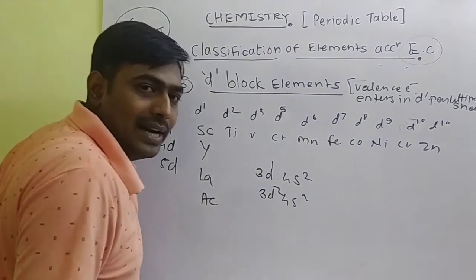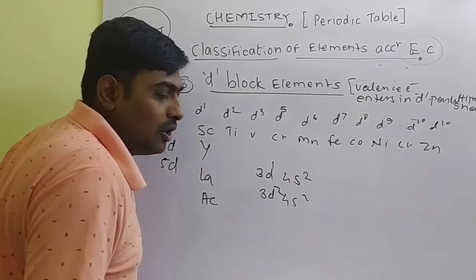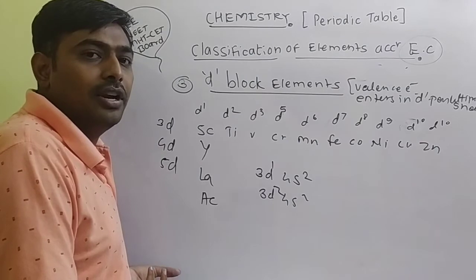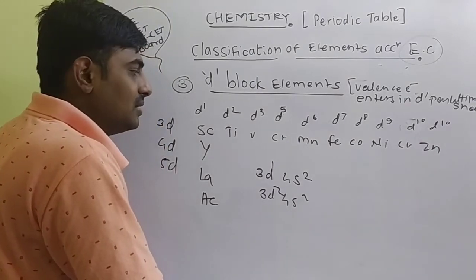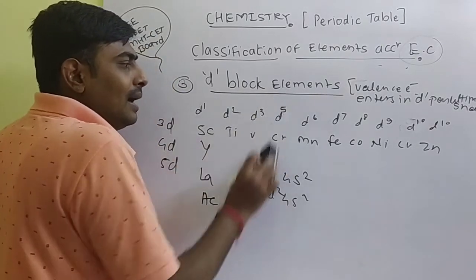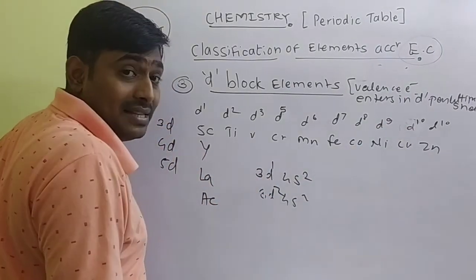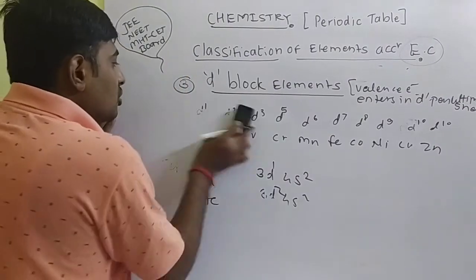If you have any doubt regarding the electronic configuration, you can go through the video for electronic configuration that is already uploaded in atomic structure, and that is also already uploaded in foundation sessions. So this is your general electronic configuration for D block elements, while chromium and the respective elements and copper and the respective elements show exceptional electronic configuration for stability of the d orbital.